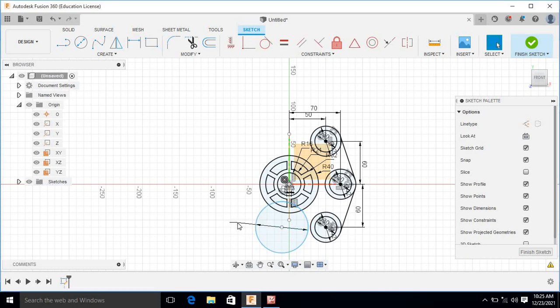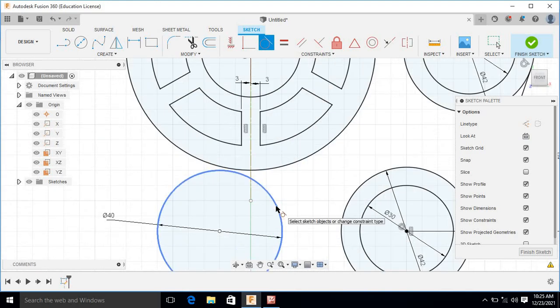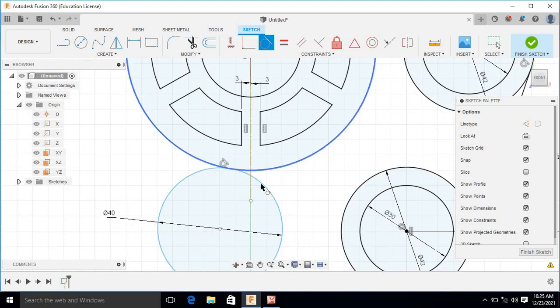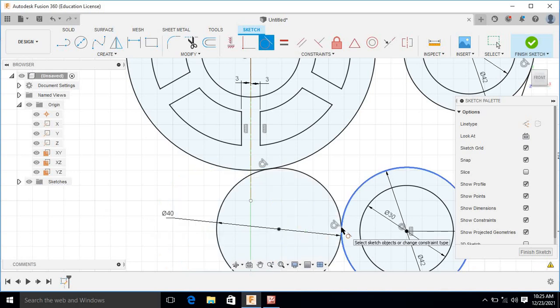mm diameter. Okay, now this circle should be tangent to these two circles, so select this tangent constraint, select this circle and this circle, so these two will be tangent, then this circle and this circle, so it will be tangent. Okay, and now it will become black. We want to remove the unwanted part.